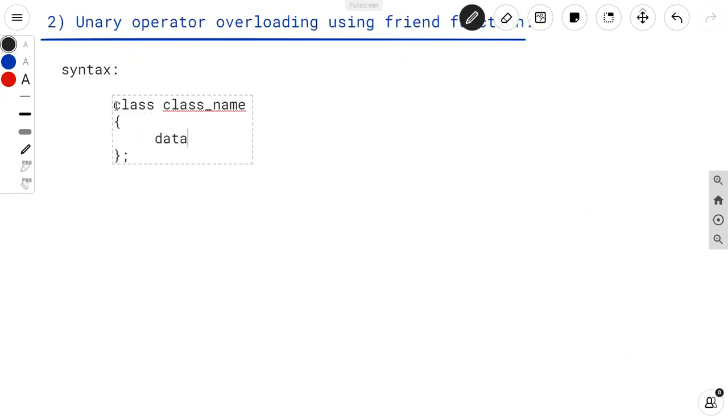Here we can define the data members of the class which has a private access specifier. Then next one is under public access specifier. I can define a member function, or I can define the friend function also. So as we know, we can define a friend function which starts with the friend keyword,